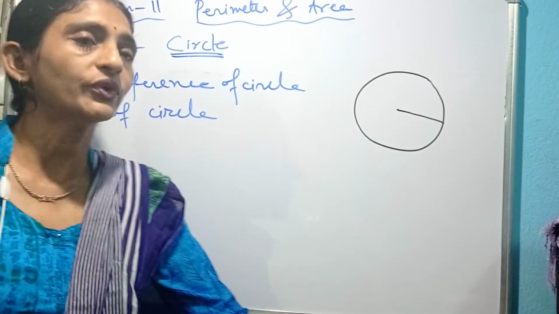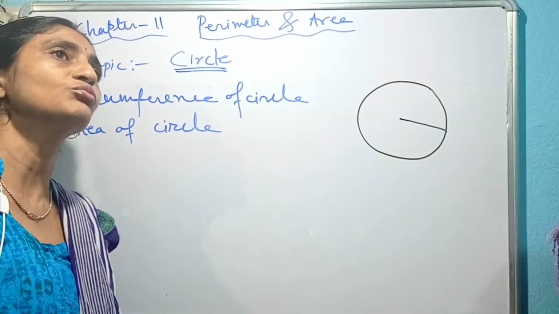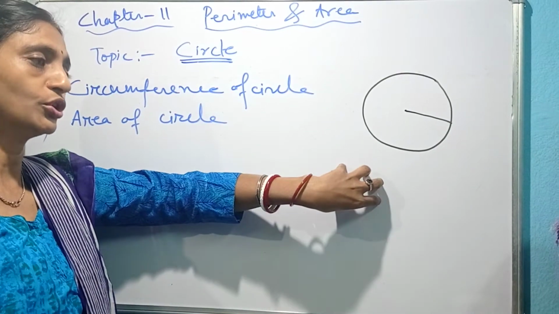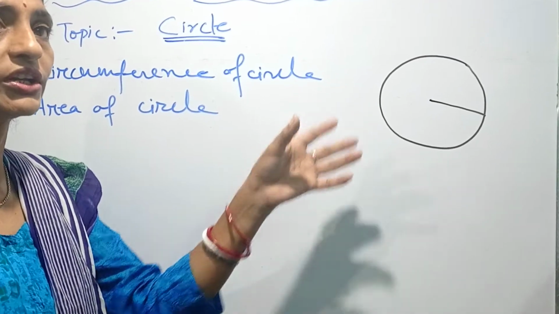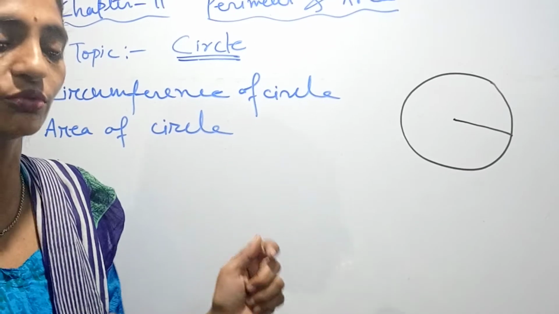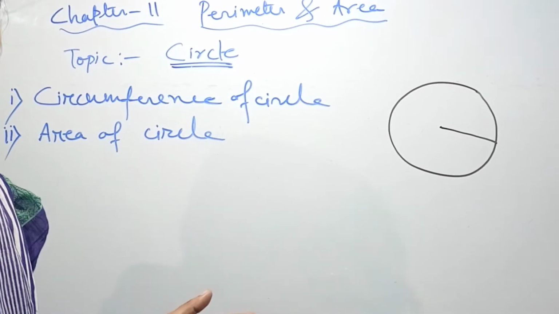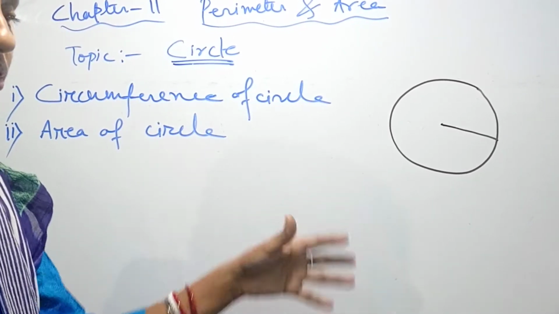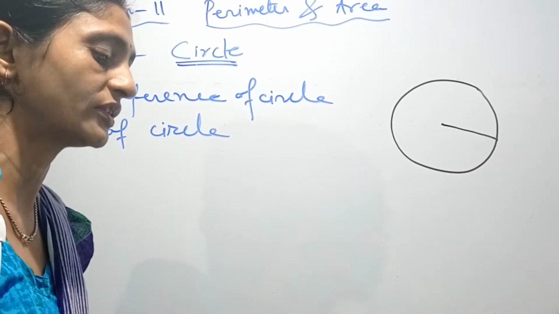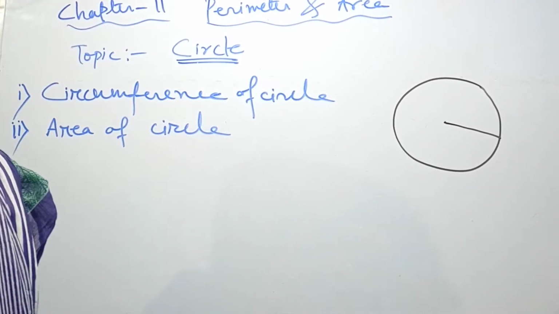So how can you find out the length of the circumference? What is the easiest way? Suppose you have a smaller circle, like putting the cap of your bottle or bangles down, you get a circle. You can find the circumference by putting a thread on it and afterwards measuring it with a scale. But if you are looking at a bigger size, it is not possible to measure that way with thread. So we need something which will make it easier to find the circumference of that particular circle.